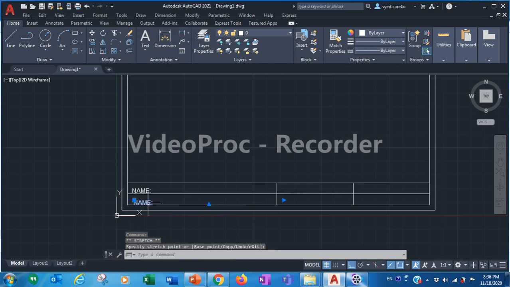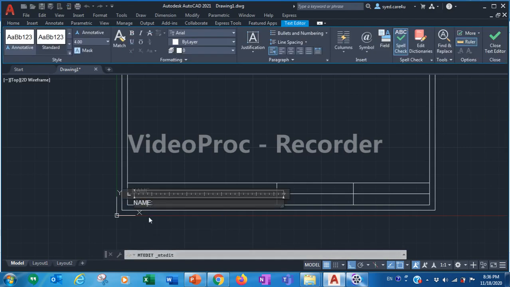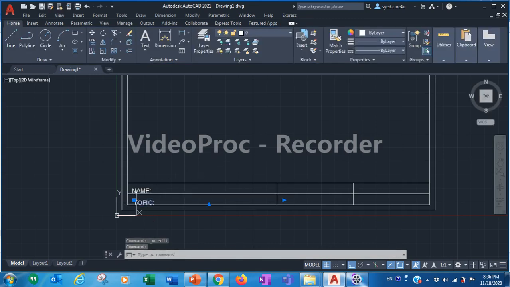So here I will write the topic. What is the topic name? Again in order to copy paste, Ctrl C, Ctrl V, where you want to copy, here.